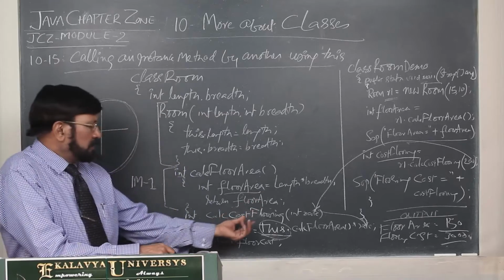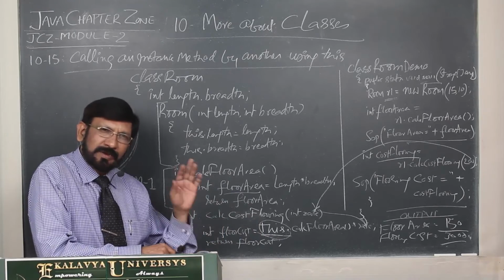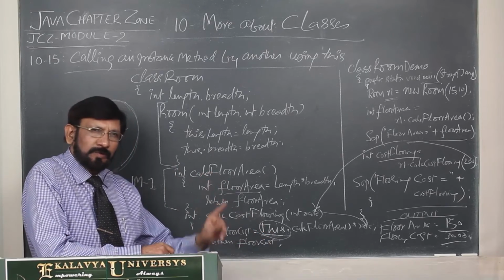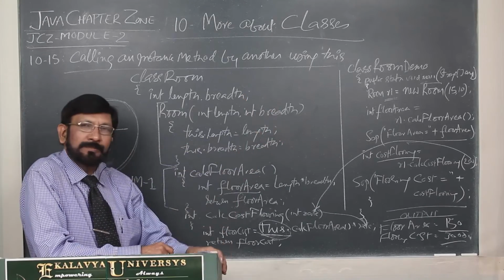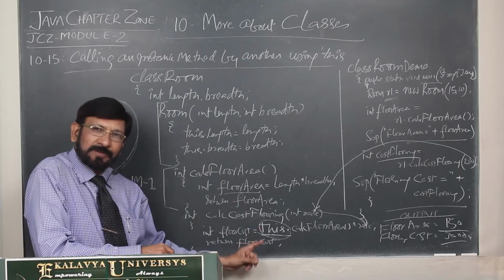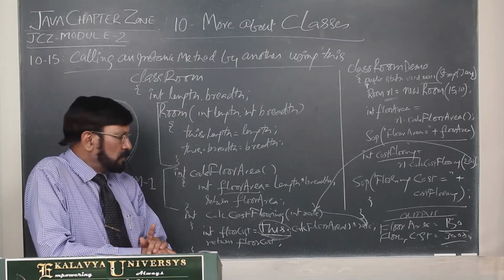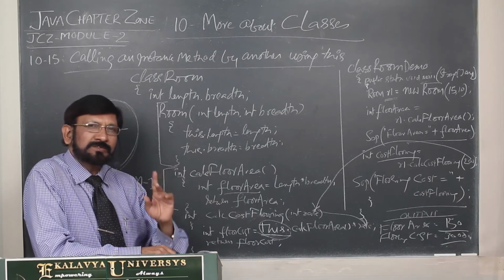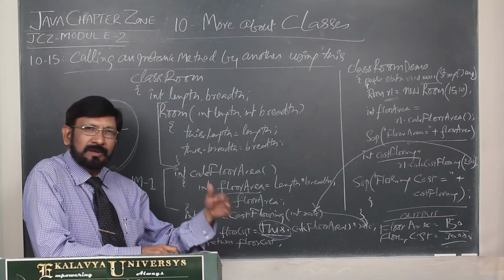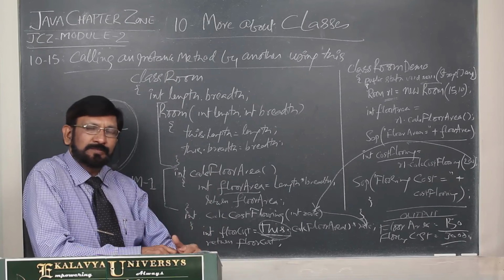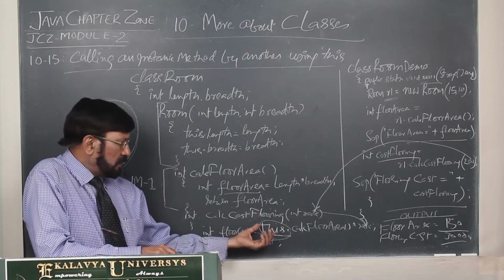So this point you must focus on, and always I advise you to write like this. Even if it is not required, you write like that, then others who read your program can understand that you know the importance of this. You learn the code formally. Already I told you many times, your code speaks about your standard. So if you use this type of code, then your discipline is demonstrated. It documents your discipline in writing code.